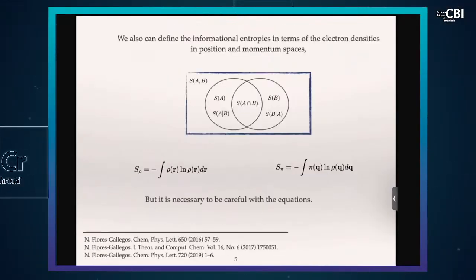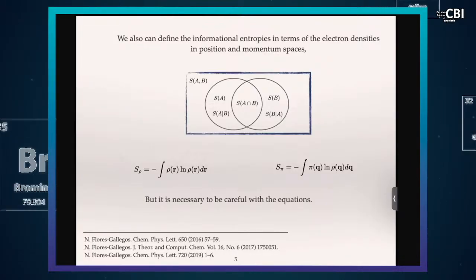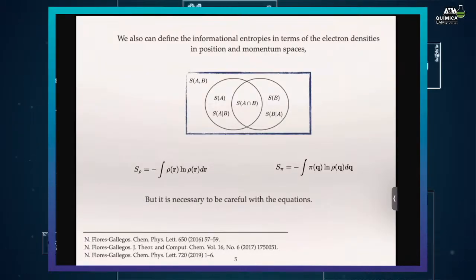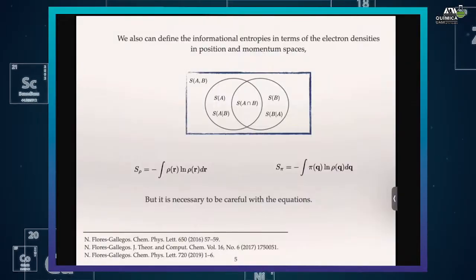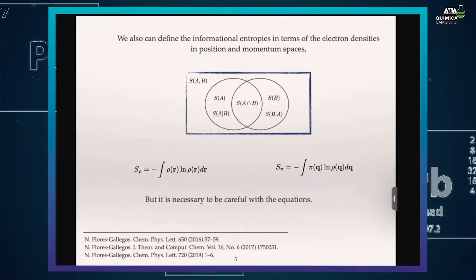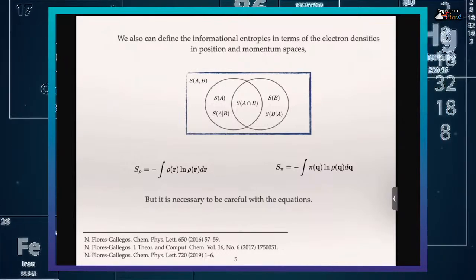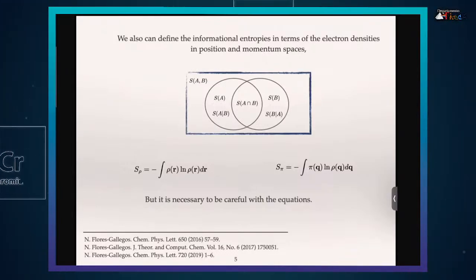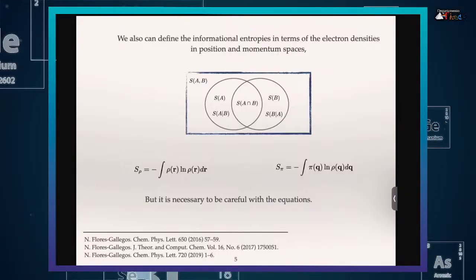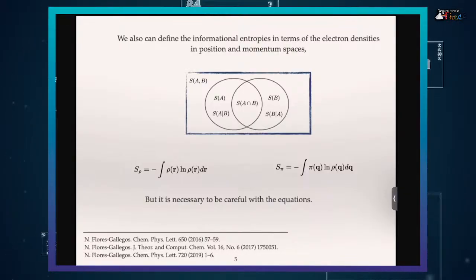In general, we can use these two expressions of the entropy: one defined in terms of the electron density in position space, and the other in terms of the electron density in momentum space. However, we have to be careful with these expressions, and this is because